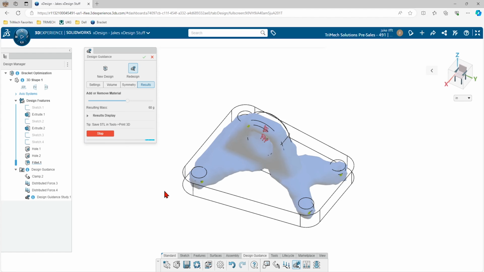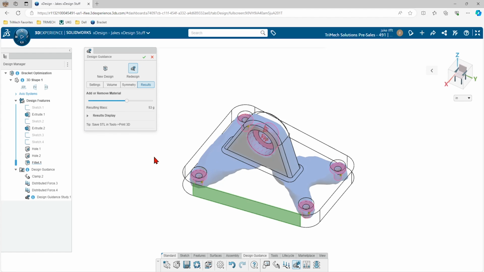At the end of the day, we'll be able to save this body, export this body and use it for 3D printing. Or we could use it just to look at to inspire a new design for this bracket. Maybe it doesn't have to be as big as it was before. Maybe we can make a machinable design that's a little bit less weight.